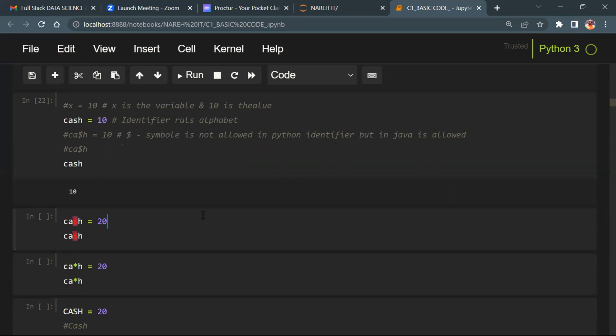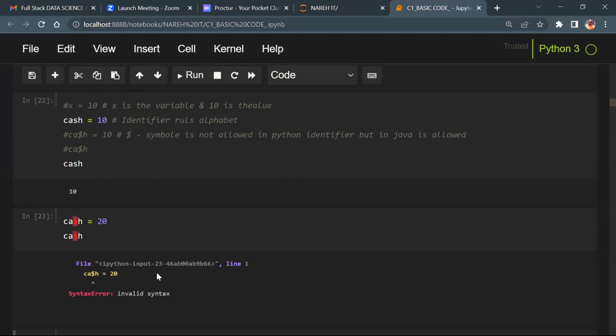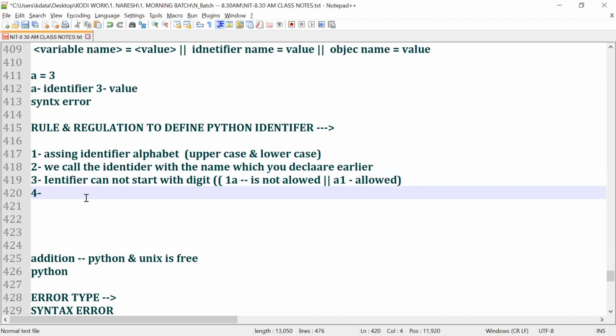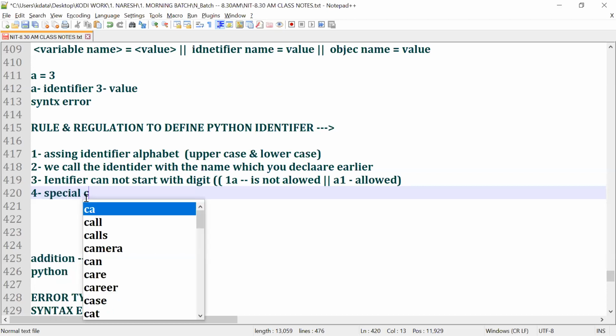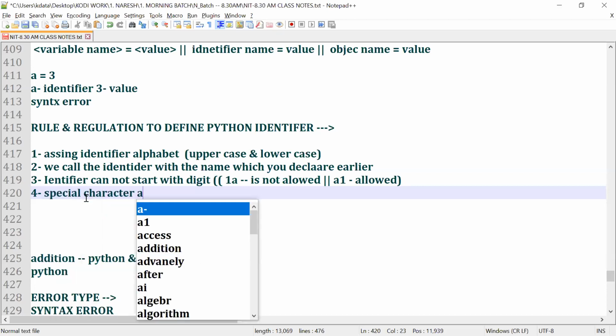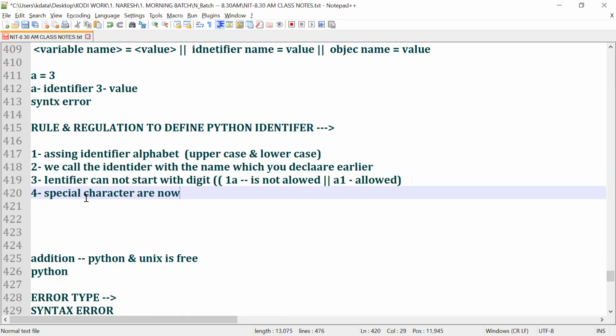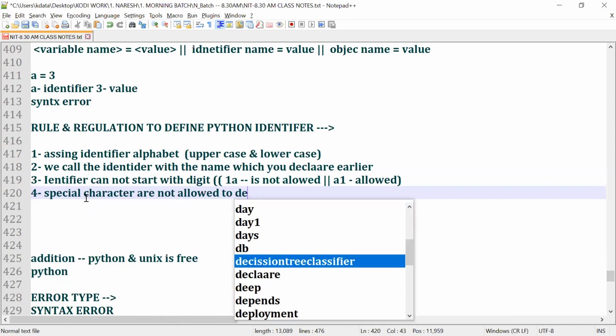Now let's go back and check this. Do we get an error or not? So what is the next point? The next point is whether special characters are allowed or not allowed. Special characters are not allowed to declare an identifier.